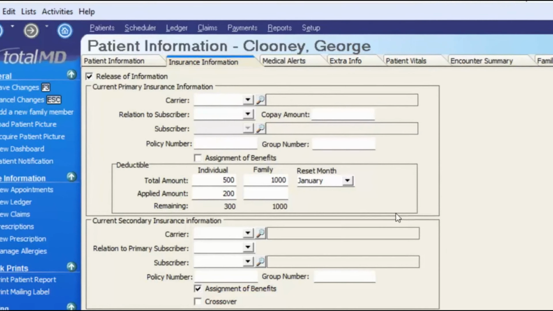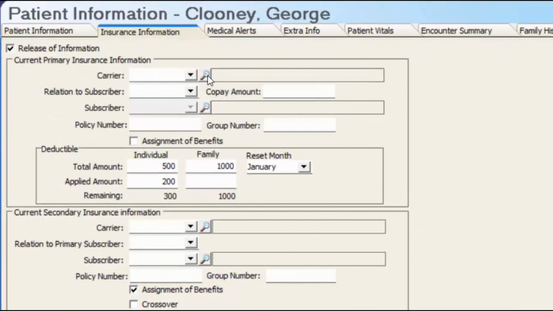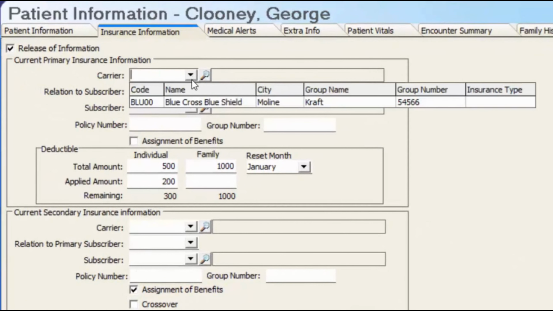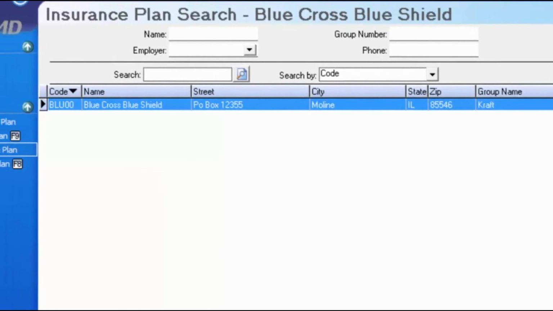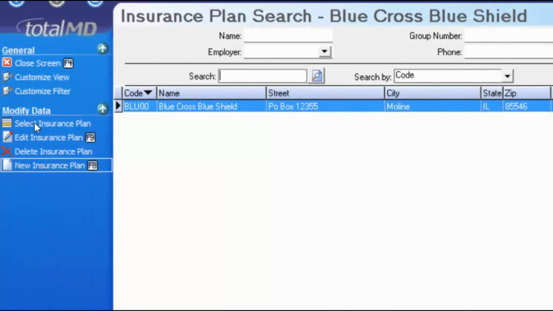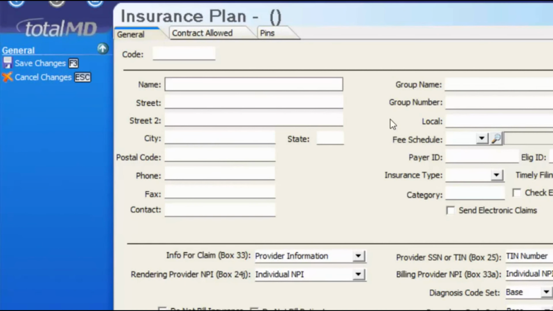Click the remove button so I can start fresh, and I'm going to click the magnifying glass to choose a carrier that's not currently entered already. Once I'm in the master list of insurance plans, I go to my options menu and click New Insurance Plan. I'm going to plug in the name of the insurance company I'm billing to, the claims mailing address, a phone number for the insurance company, fax number, and if you have a contact there at Blue Cross